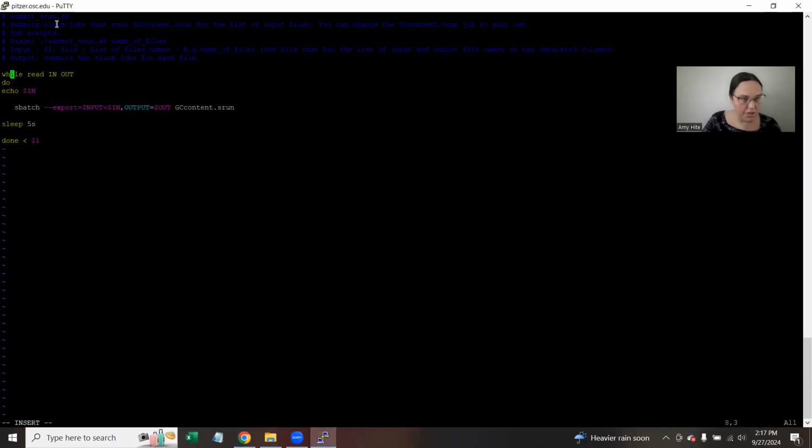We have our information for the user. So this is a loop. While there are inputs and outputs to read in, it's going to do this. It's going to print out the in variable, and it's going to submit this job. So it's going to use sbatch to submit a job. It's going to tell us to export these variables. Our input is equal to n, and our output is equal to out. And the script we need to run is